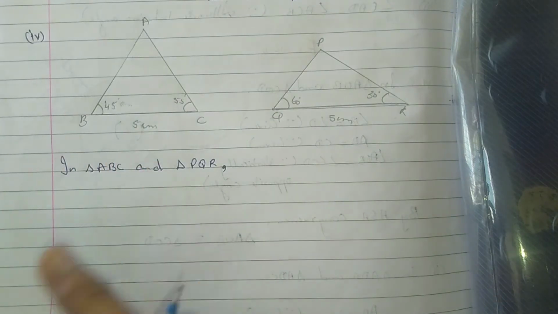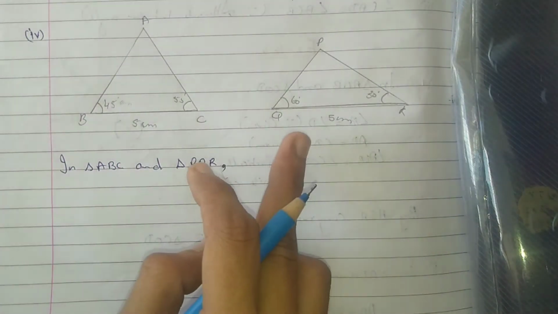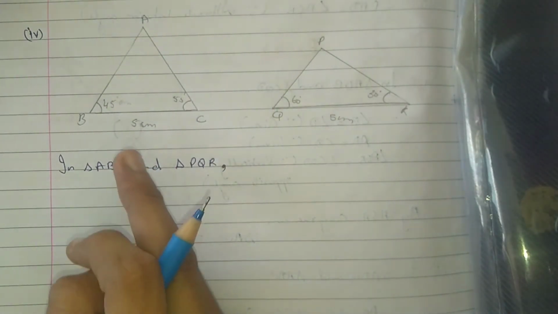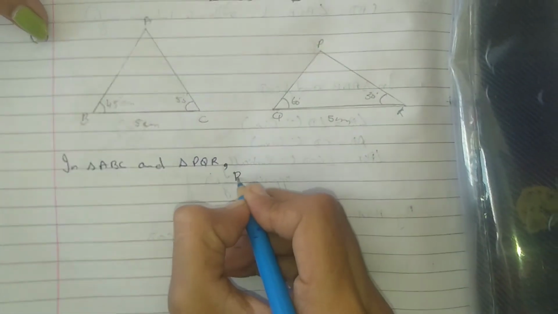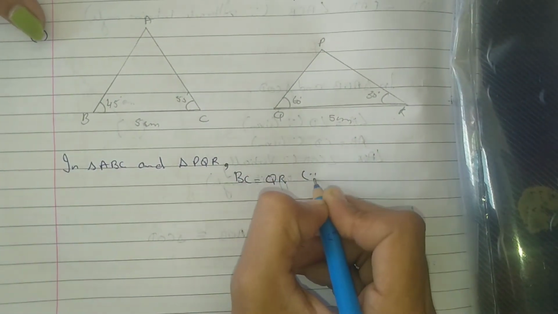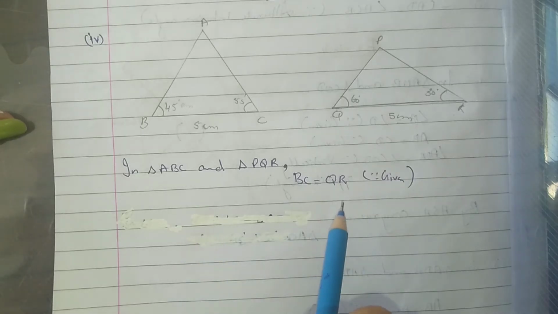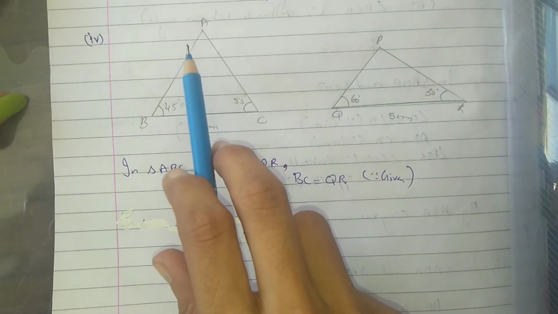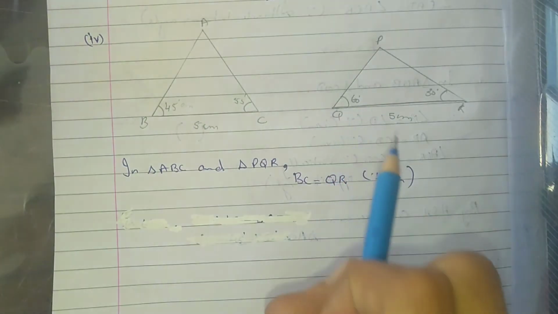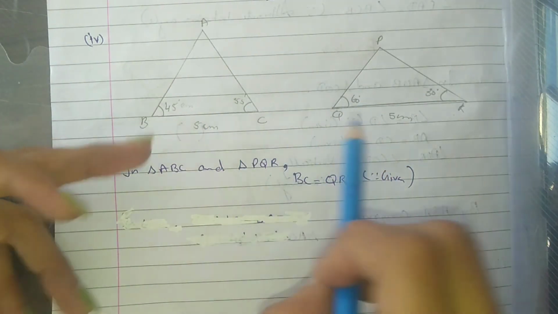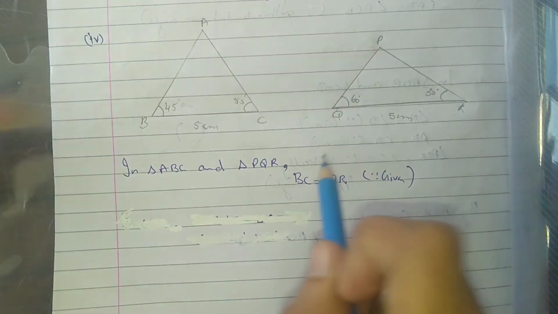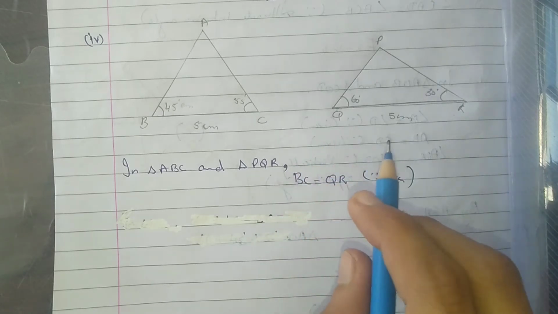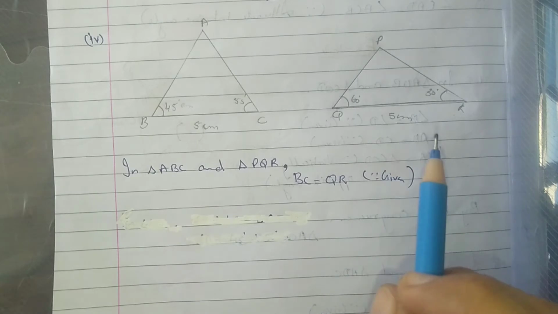Okay, so what we had given: two sides, one side and two angles, but both the angles are different. So let us see. First of all, we will write BC equal to QR, because it is given. See here that the sides are equal, but two angles are given and they are not equal. If we find out these two angles, one is equal, right? Now the second one is not equal to any angle. So we can write directly that here angles are not equal. Therefore triangle ABC is not congruent to triangle PQR.